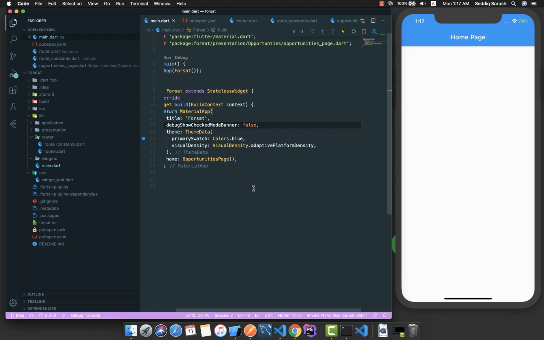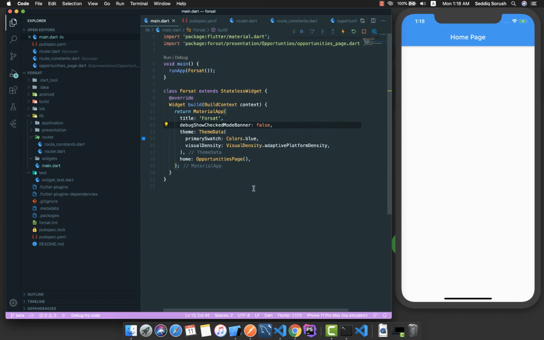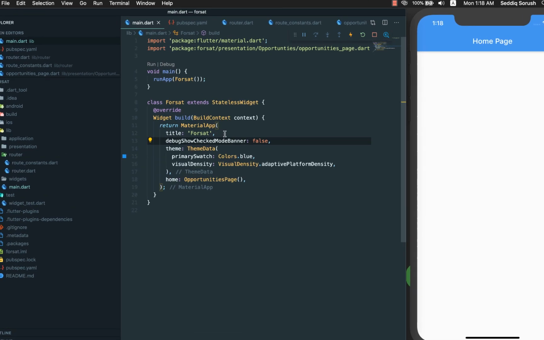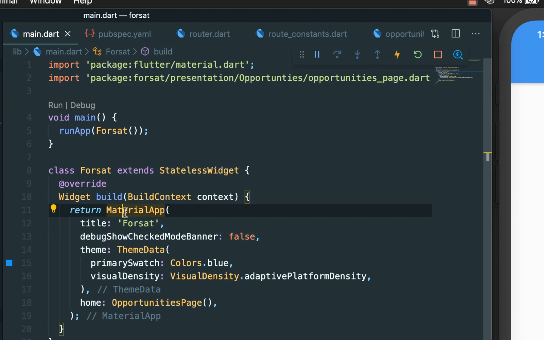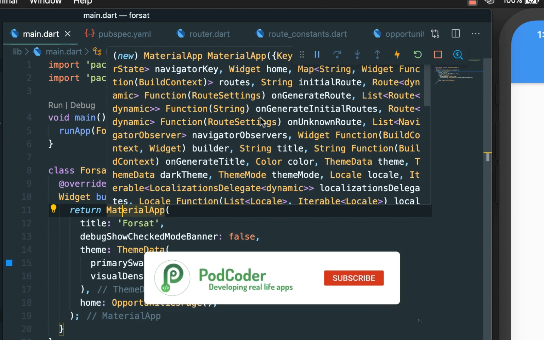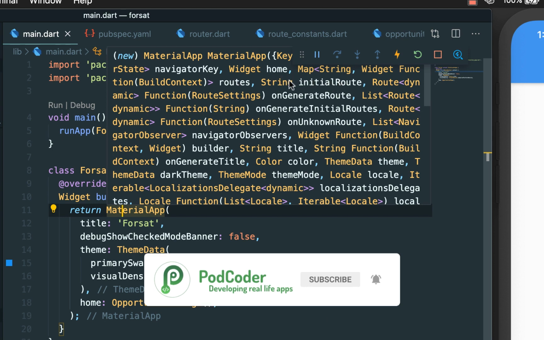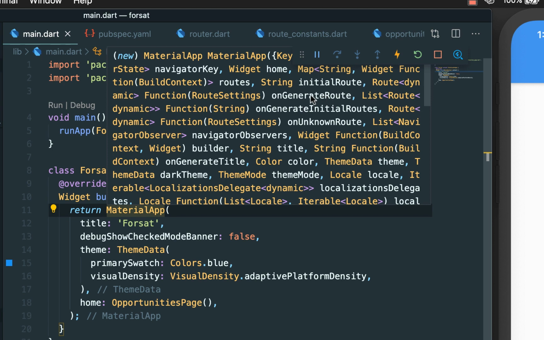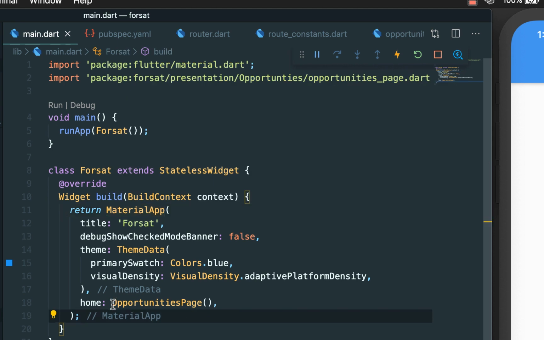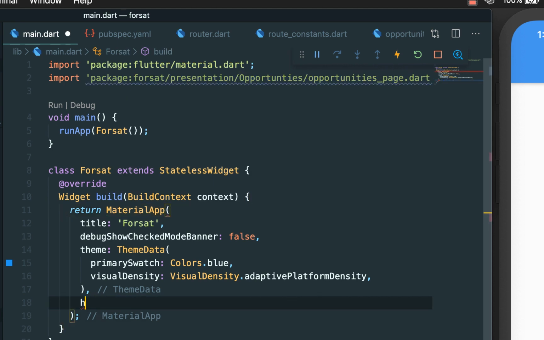As I mentioned in the previous part, in this part what we are going to do is configure our routes, and for that if I just hover on this MaterialApp you can see some properties like we have the routes, we have the initialRoute which is a string, and also we have this onGenerateRoute which is a route dynamic, and will have a function which gives us the route settings once this is called, or onGenerateRoute,